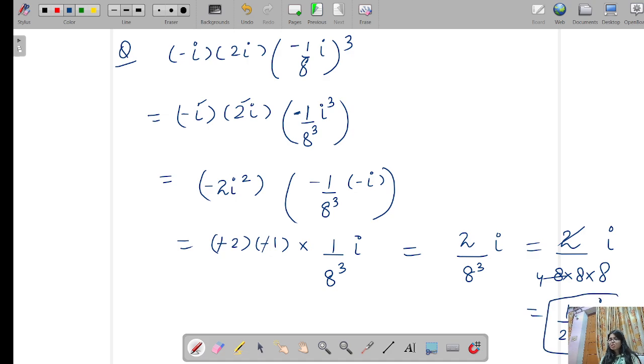Now this is the solution, and I have to write it in the standard form. I can write it as this. This is the standard form. Alright, and this is the answer. Okay, now